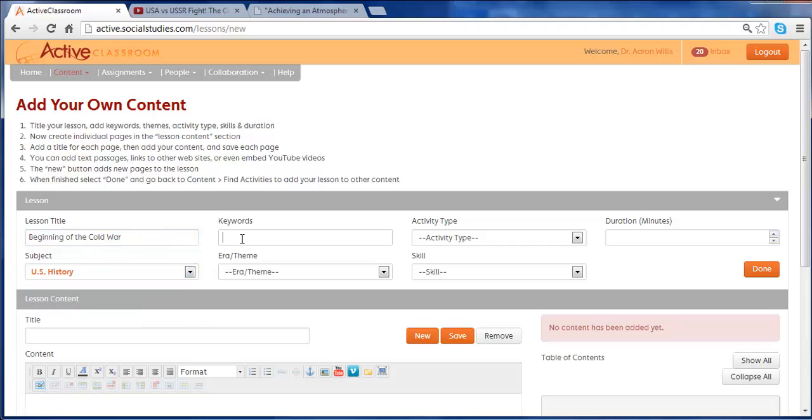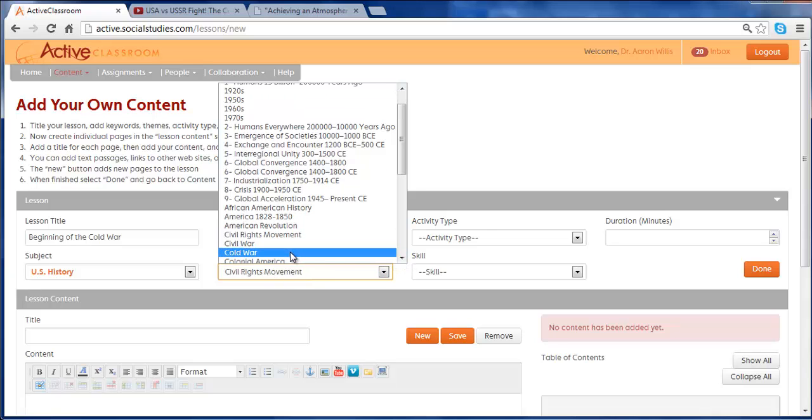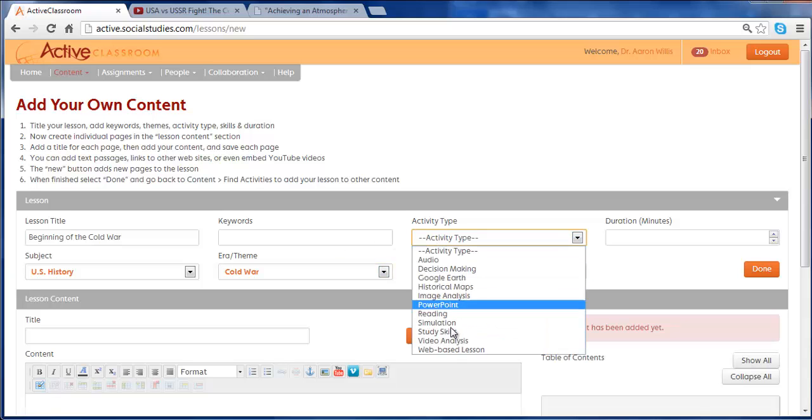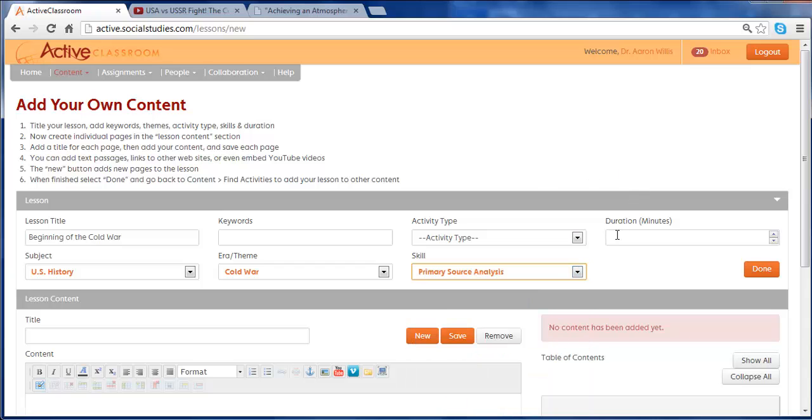I set it up, give it some keywords, some themes. We'll go to the Cold War here. It's going to be a web-based lesson. It's going to emphasize primary source analysis, and I think it'll take about 100 minutes. We'll start off with an introduction,